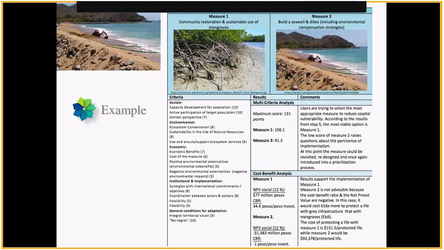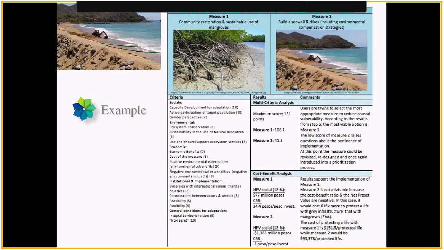Then it reflects one of those, and with the different criteria, submitting them with the tool, with the multi-criteria analysis and the cost-benefit analysis, you can get the results to see which one of them is more effective, or more prioritized, or which one is more cost-effective or has a better cost-benefit.